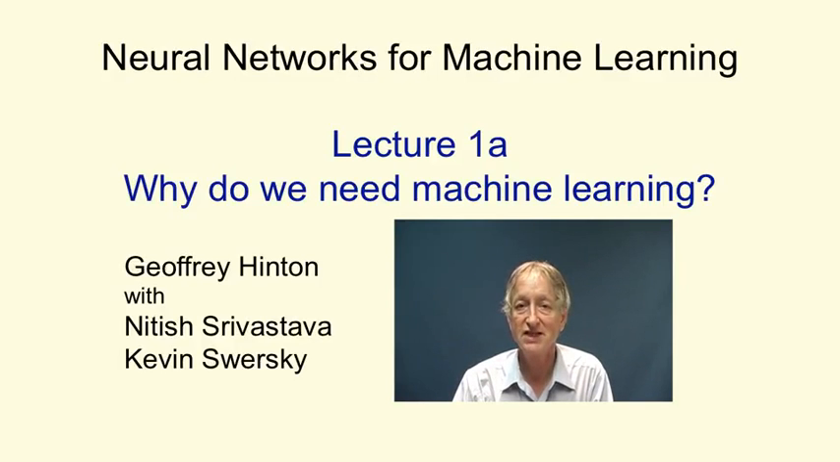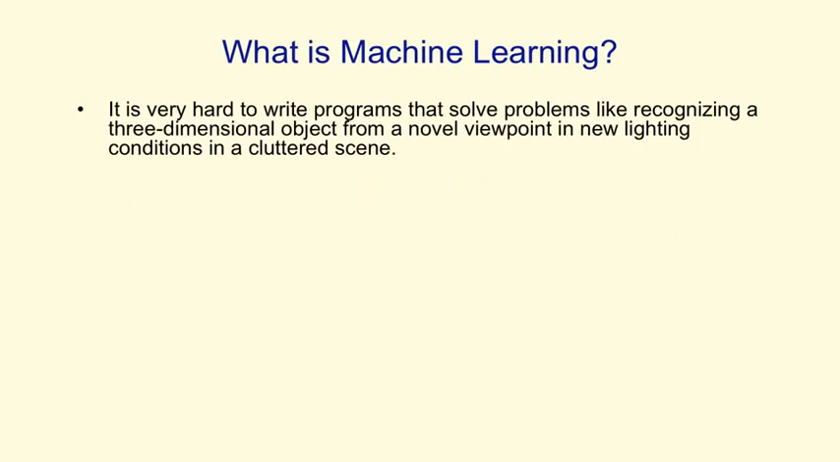Before we get into the details of neural network learning algorithms, I want to talk a little bit about machine learning, why we need machine learning, the kinds of things we use it for, and show you some examples of what it can do. So the reason we need machine learning is that there's some problems where it's very hard